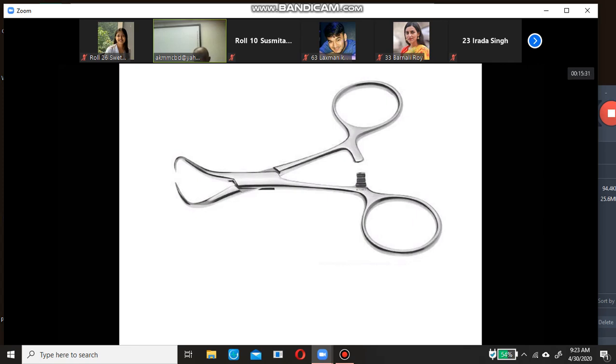Then we can hold a small piece of bone for its fixation. We can elevate the rib in fractured ribs, or we can elevate the tongue during tongue fallback. Then what are the uses? Again, the primary use is fixing of the draping sheets.